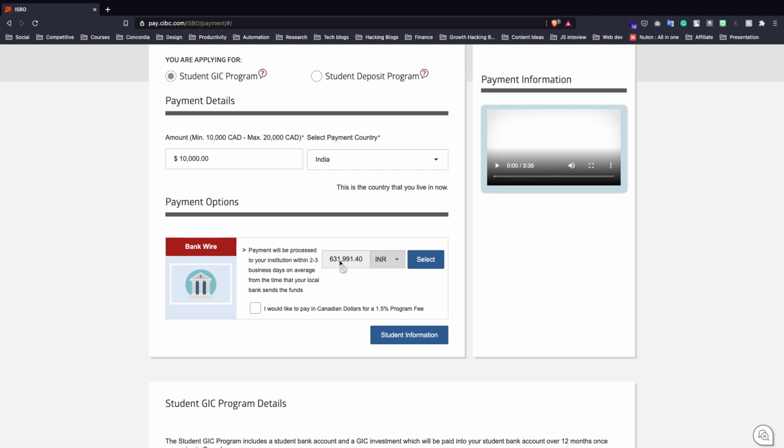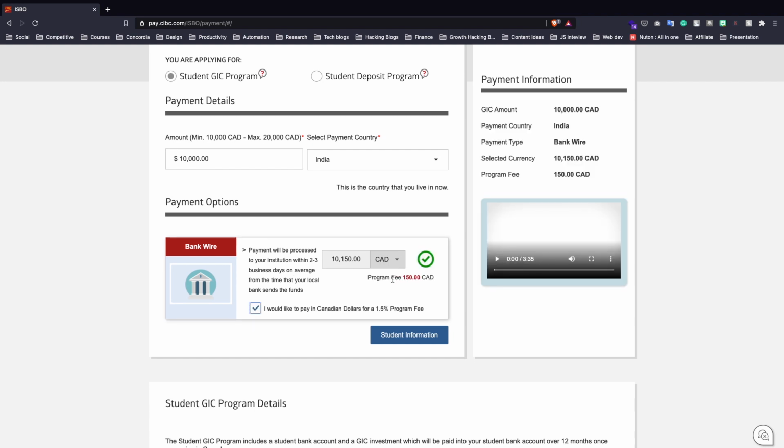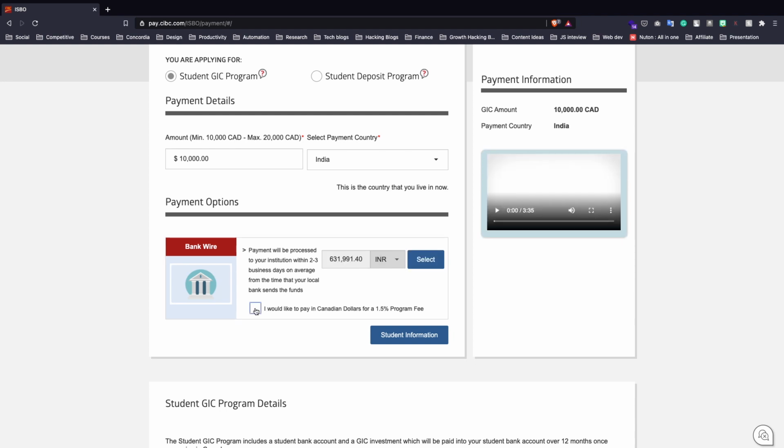You can also pay in Canadian dollars, then again the price will be similar, because it will charge a 150 program fee, or you can call it an admin fee as well. You can do it in any way, but I recommend going for INR, as this is what was recommended to me by my counselor, other agents and friends as well.